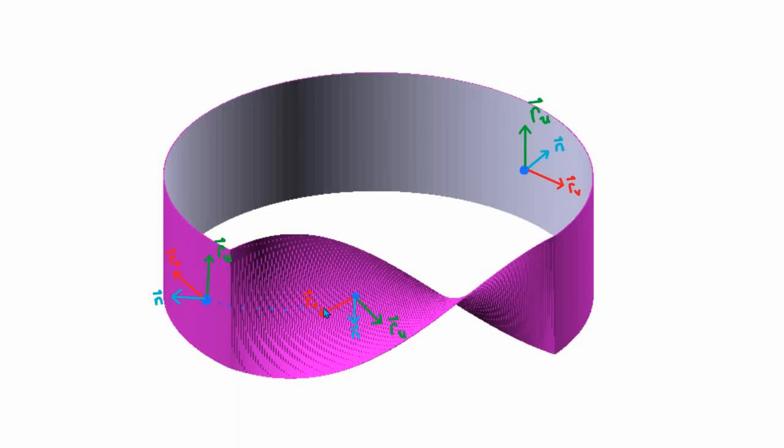When I take the limit as this parametrization approaches the point where it started, I end up with a normal vector that's pointing in the opposite direction from the one that I began with. In fact, it's possible to show that there's no way to give a parametrization of the Mobius band which allows for a continuous choice of the unit normal at every point. That's precisely what we mean when we say that a surface is non-orientable.